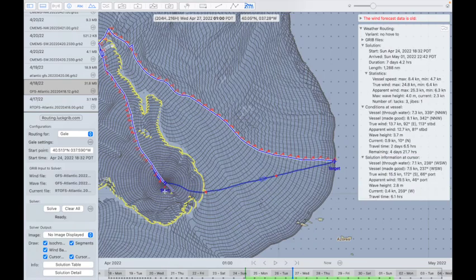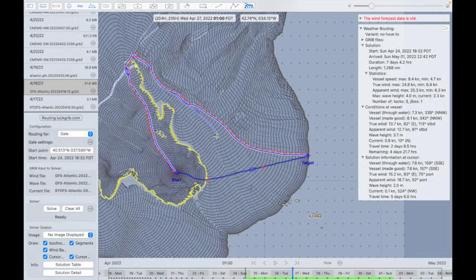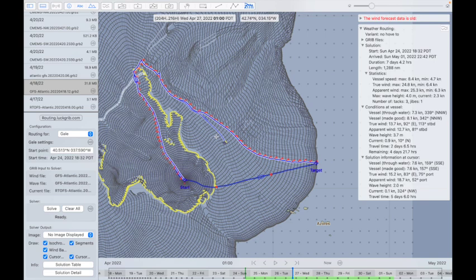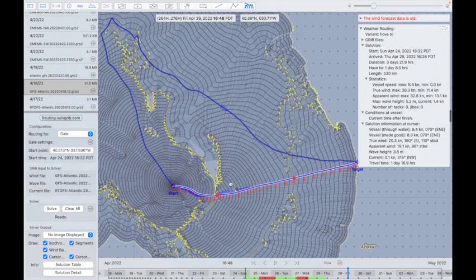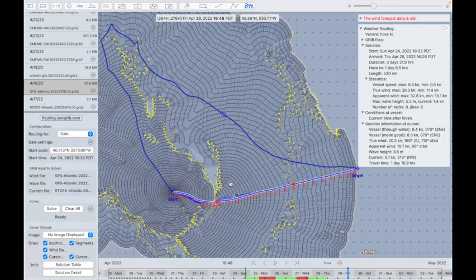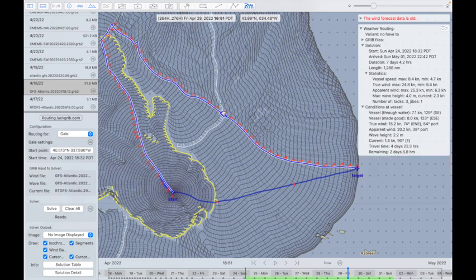So given a choice of these two, well, I guess typically, the philosophy of LuckGrib is that it's trying to help you understand the weather conditions. Some people may choose to follow a path that's generated, but I encourage you to use these paths and alternatives as ways to increase your understanding of the weather conditions and make your own decisions about where you want to go. So given these two, I certainly wouldn't go 7 days out of my way,